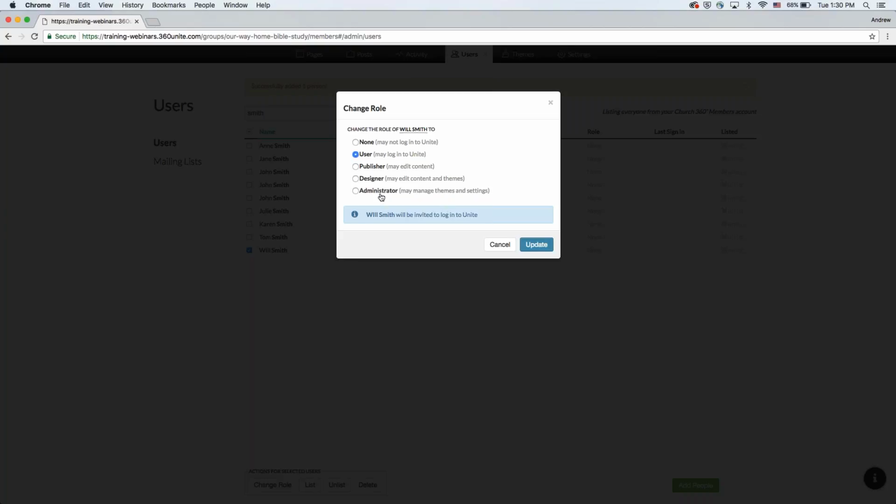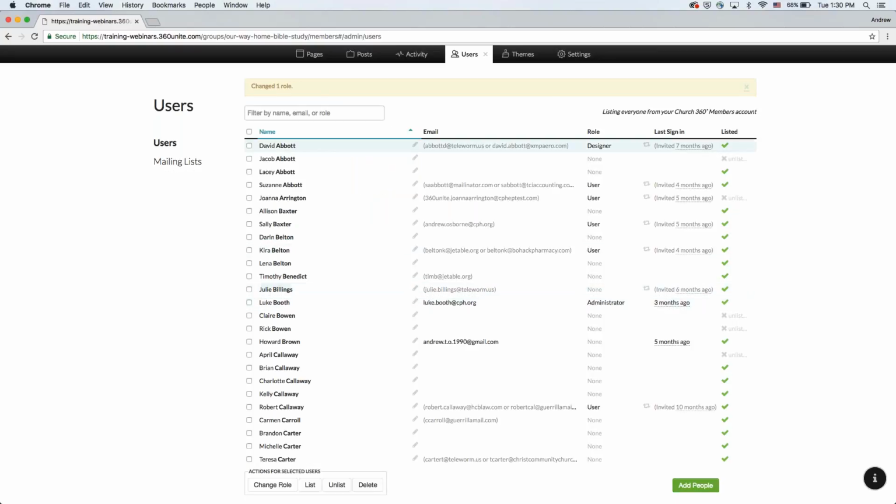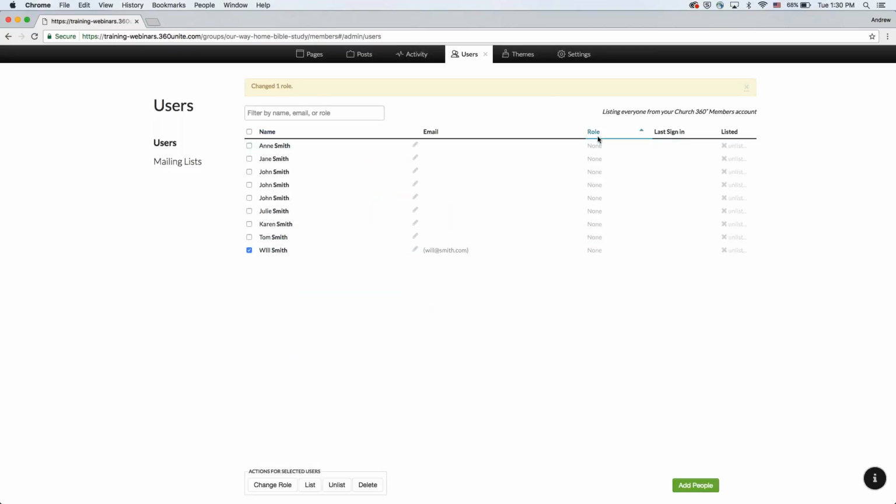You can only have a certain amount of administrators, and it depends on which package you purchase with Church360 Unite, but every package has at least 2 administrators. So if you as the church administrator need to be logged in, you can also have the pastor logged in or something like that. So there's lots of different ways that you can set people, but we'll set Will to a user. And we'll update that. And so now when you sort by role,